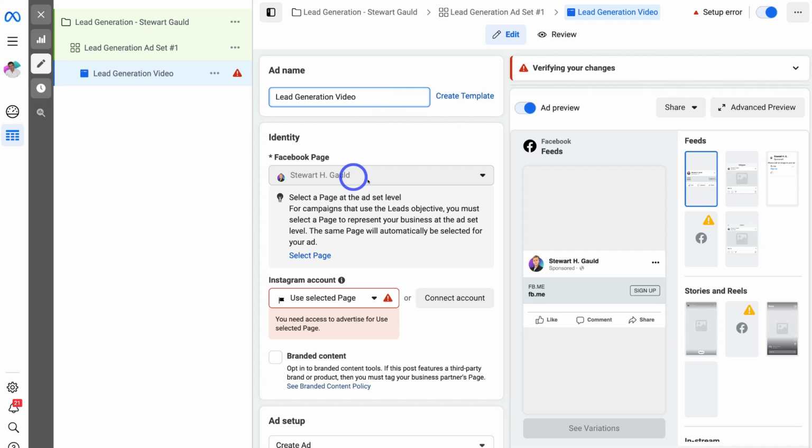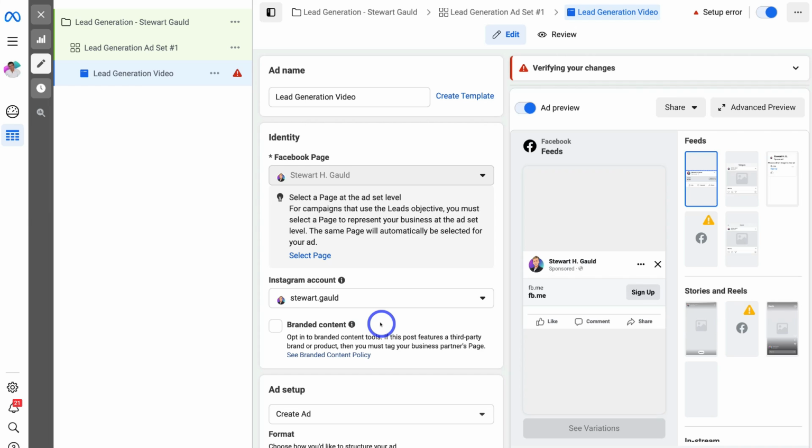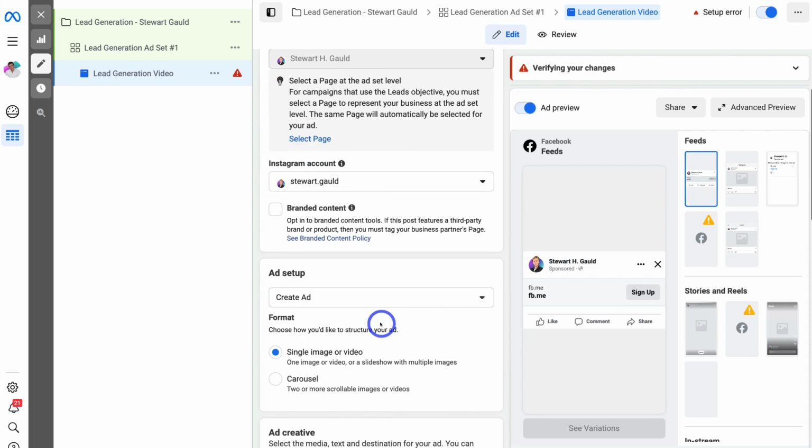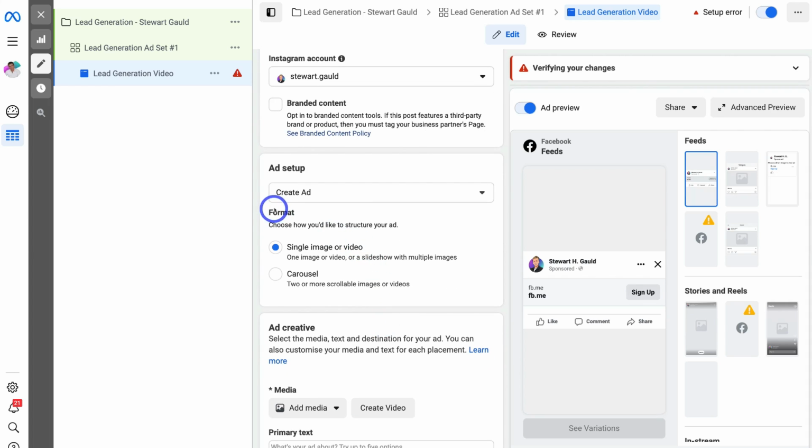Then navigate down and make sure your Facebook business page is selected. Then under Instagram account, if you have a business Instagram account connected to your business page, you want to go ahead and select it here. And that means your Facebook video ad will not only be distributed to the different areas on Facebook, but also on Instagram. Then if we navigate down to Ad Setup, make sure that you have single image or video selected,